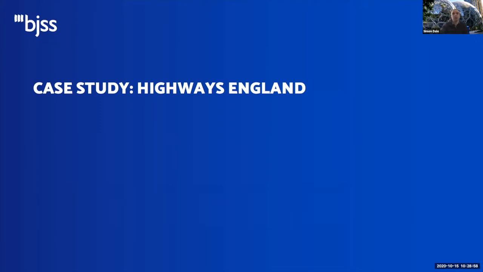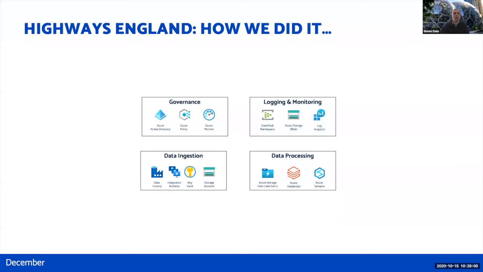So if we start back in December. So this is December 2019, and that's when we first received access to a subscription in Highways England as your tenant. And at the end of December, we wanted to start deploying services. So we were taking a steel thread approach to building this platform. So with a steel thread approach, we identified a single data table that we could build a pipeline around that would really accelerate getting the platform deployed.